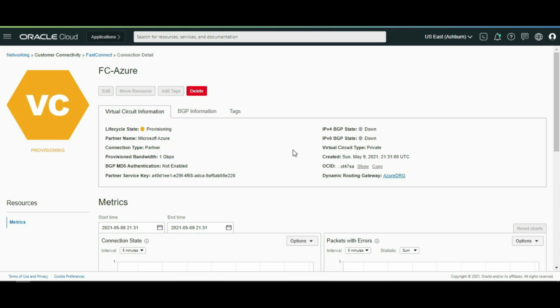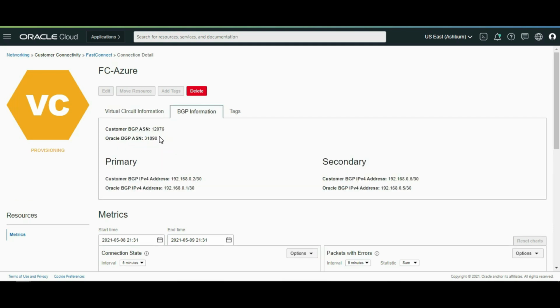Once the BGP neighborship comes up, you will see the status change here. You can check the BGP configuration on the BGP information tab. This is the autonomous system number of OCI and this is the autonomous system number of Microsoft Azure. And these are our BGP configurations for the primary and secondary link.